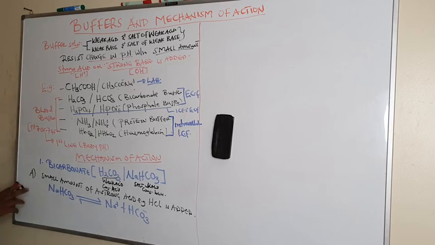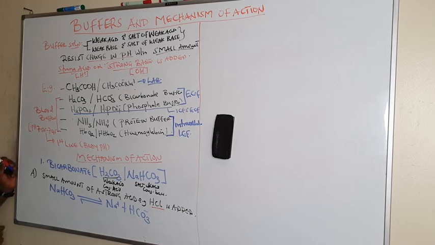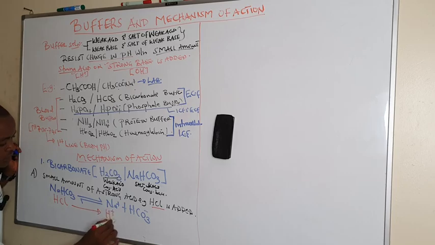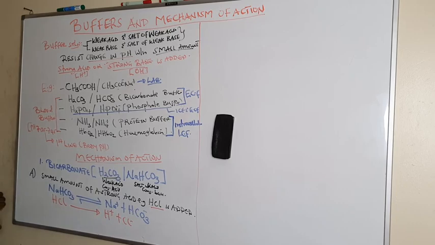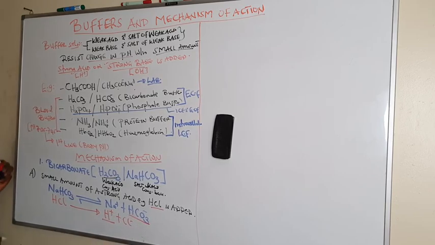And remember we are adding a strong acid, hydrochloric acid, which is going to dissociate completely, since it is a strong acid, to give hydrogen ions plus chloride ions. And these protons produced by the strong acid are going to be accepted by this weak base, the bicarbonate,